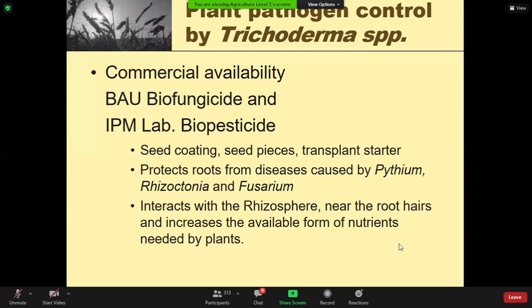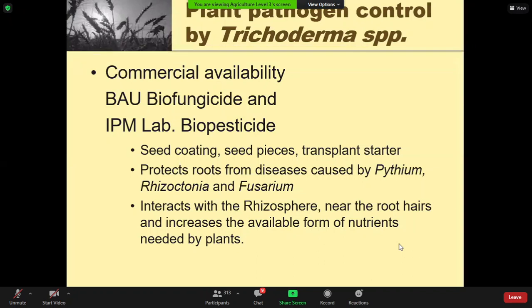We can also apply this biopesticide in the soil, and these are transplant starter. This biopesticide protects roots from disease caused by a number of soil-borne pathogens, for example, Pythium, Rhizoctonia, Fusarium. Not only these pathogens, but also other soil-borne pathogens cause root disease in the plant. So we can apply this biopesticide to the rhizosphere zone,